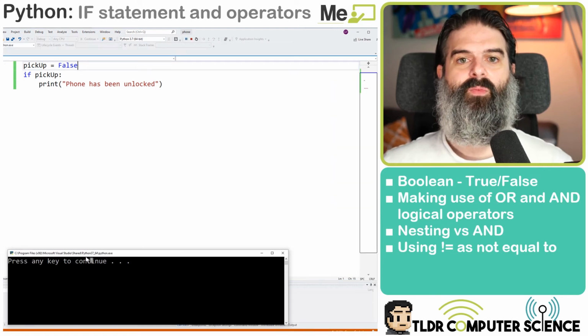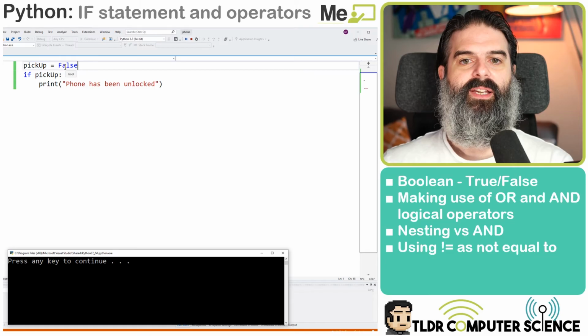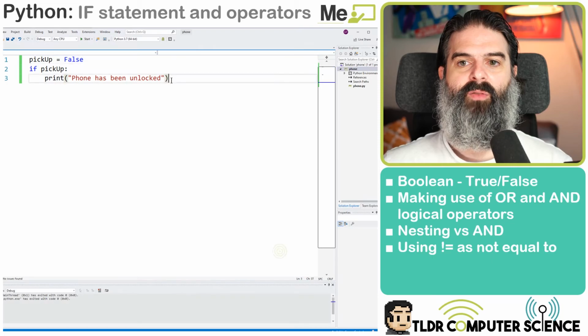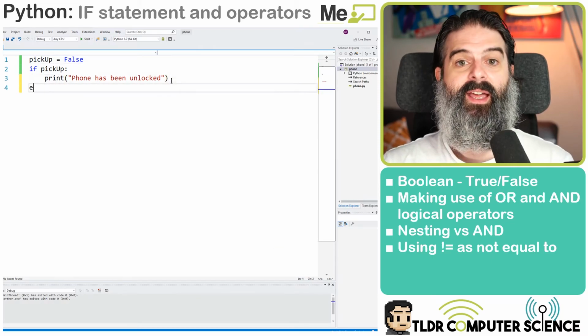Nothing happens. Well, technically stuff in the background happened. It looked at pickup. Pickup was stored as a variable as false. It said if false, so if it's false, then don't do it. Phone has been unlocked. So maybe what I need to do here is I'd say else